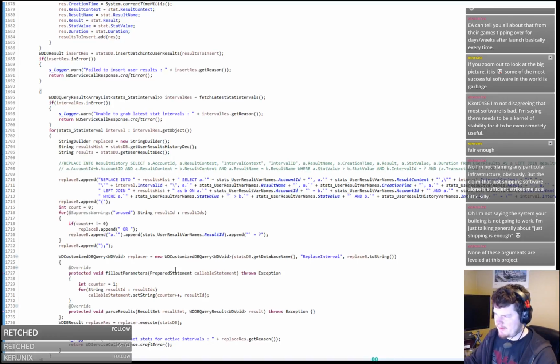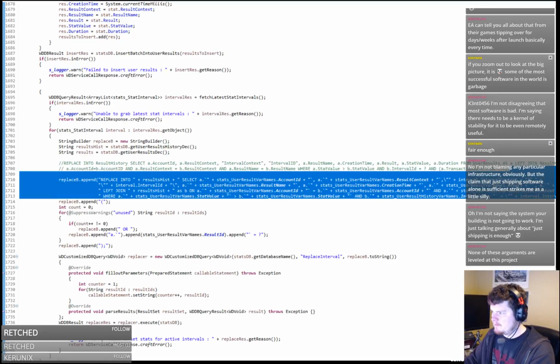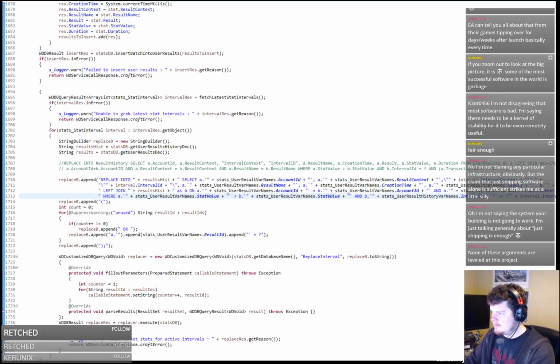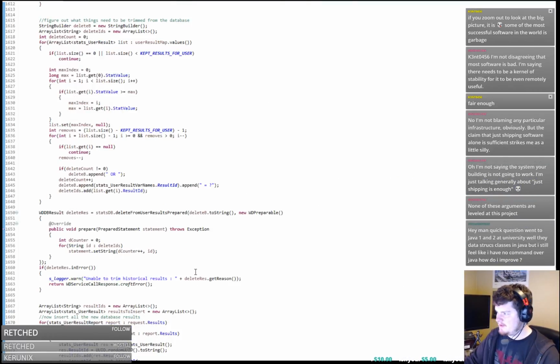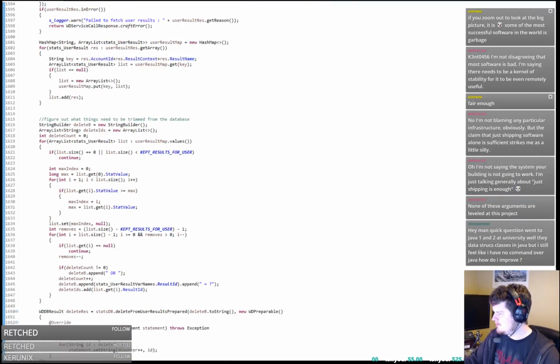Cool, so these things will not select all the bullshit. It'll do that thing, and it should work. Awesome. So, what about the replace into the stats? So, I mean, we're assuming that your stats are always